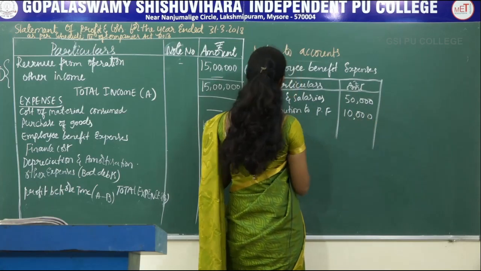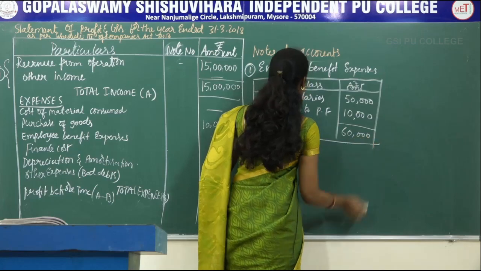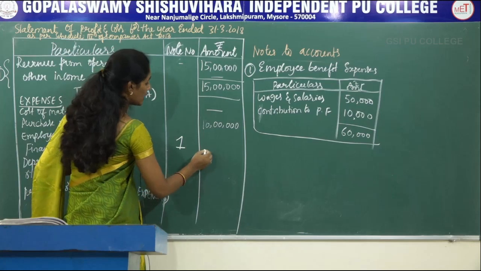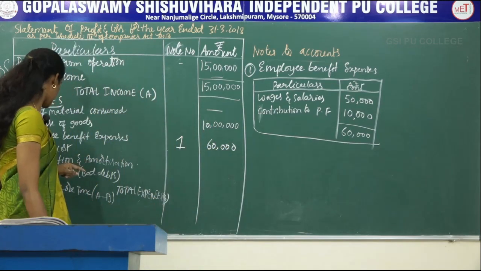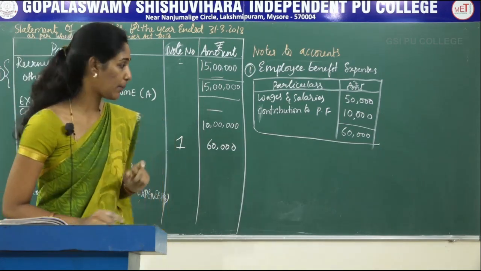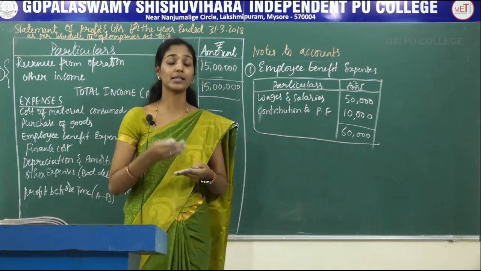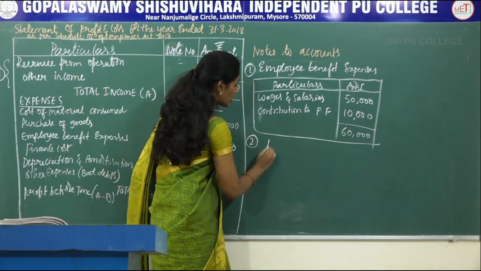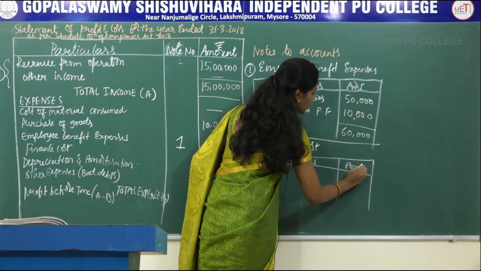So now what is the total amount of employee benefit expenses? Rupees 60,000. So now write it in the statement, note number 1, and the amount of employee benefit expenses will be 60,000. Next, what is the finance cost? So here they have given 10% debentures. They don't give directly the interest paid on debentures. For this, we have to calculate the interest on debentures. So note number 2, finance cost, particulars, amount, interest